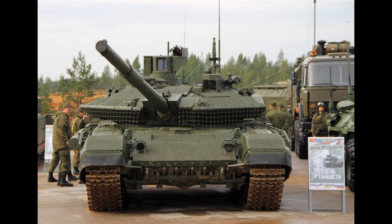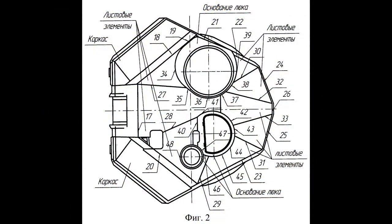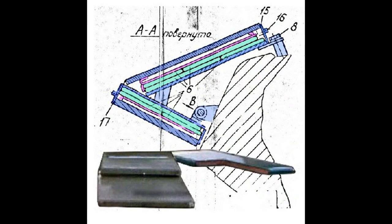First, we will start with the T-90M. The T-90M is a further upgrade of the T-90A tank that entered service in 2004 and featured a new welded turret that increased its protection. The new T-90M retains the design of the welded turret, but instead of the older Contact-5 explosive reactive armor,